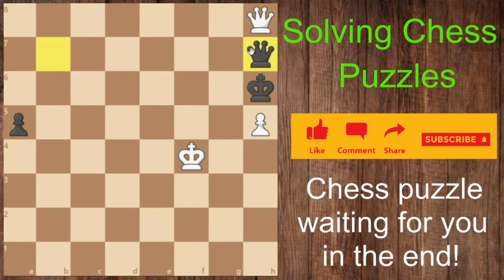Queen h7 only move, and now queen f6 check, and this should be puzzle over, yeah, because queen g6 is a checkmate. King h5, and now simply queen g5. A very good thing to give a checkmate like this with the queen so near, but yeah, unable to defend the black king. But yeah, let us go to another puzzle, maybe the last puzzle, before we head into the